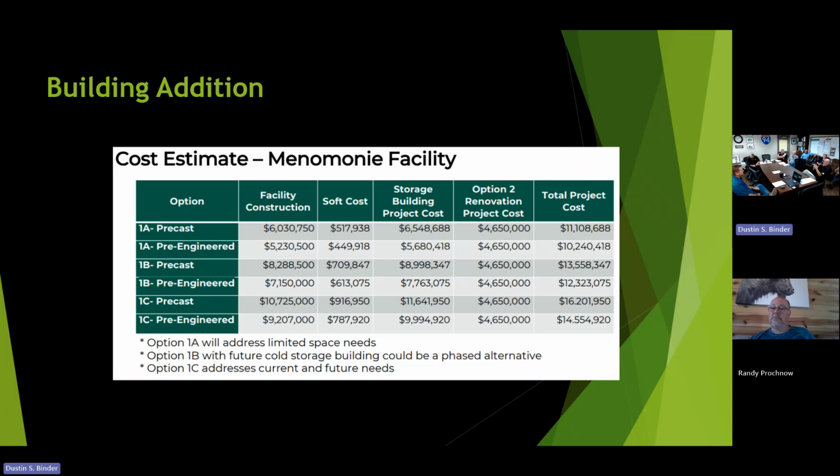I'm not a business person, but to me, it's smart business to do that, rather than things being put in jeopardy constantly and it ends up costing you twice as much in the long run. So if there's a way that we can figure this out, and when's the right time, I think it should be figured out sooner rather than later, so you get a timeline figured out and you can start planning